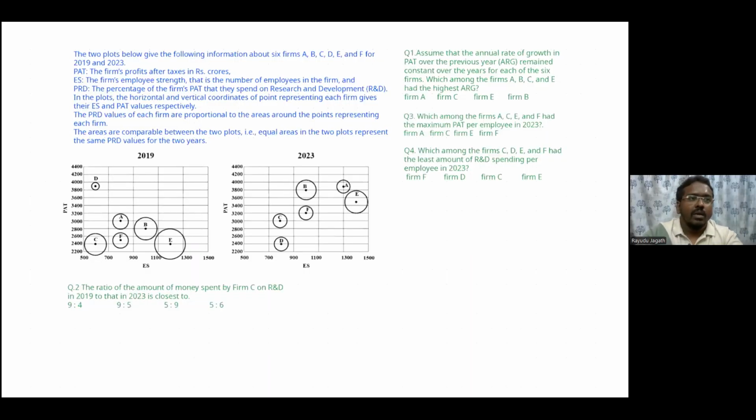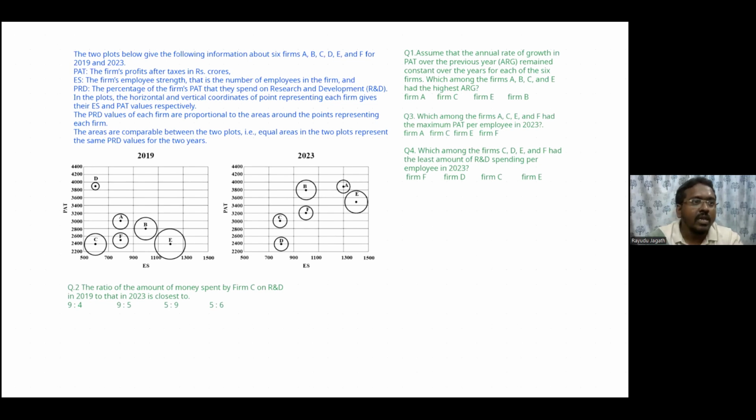Now we discuss one 4 question LRDI set from slot 2 CAT 2024. This is a 4 question LRDI set from slot 2. Here in this LRDI set, bubble representation is there. This is one type of representation of data in bubble format, other than words and verbal. This is diagrammatical representation, and here some information is given on how to interpret this data in the bubble representation